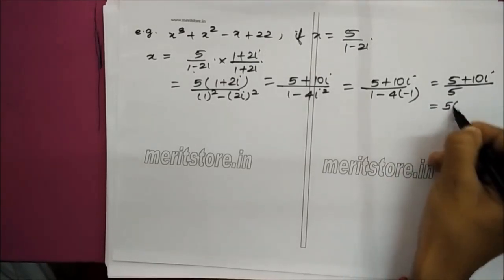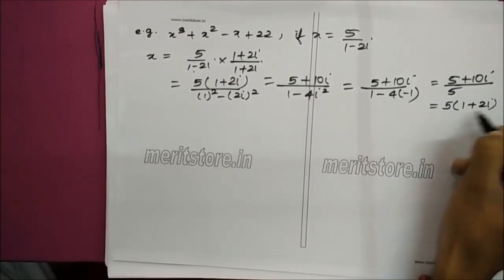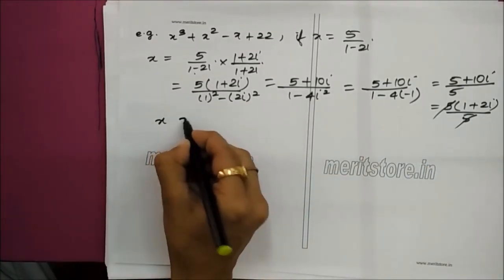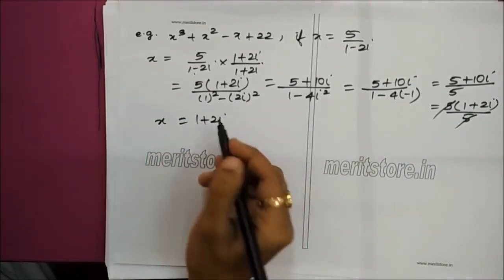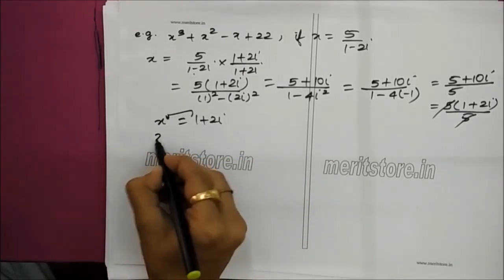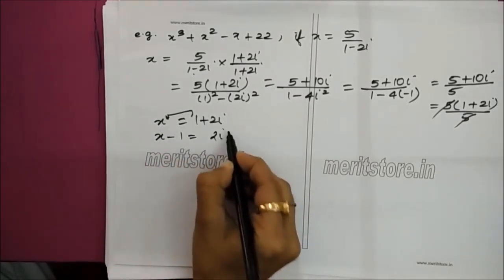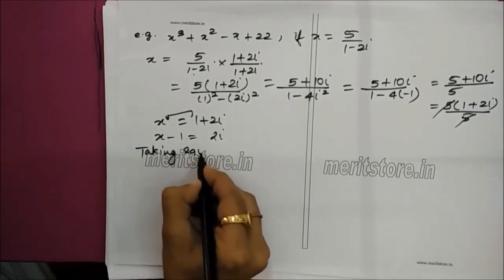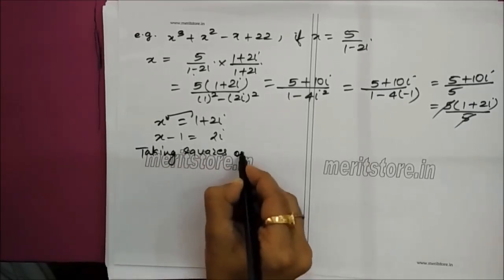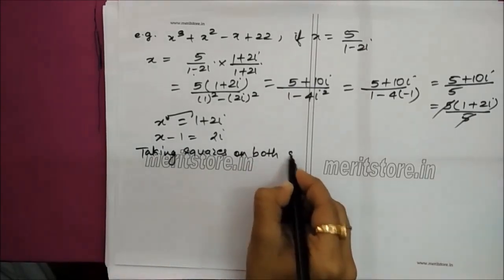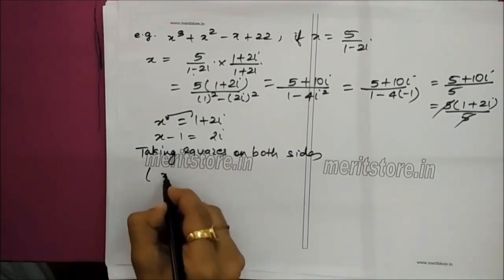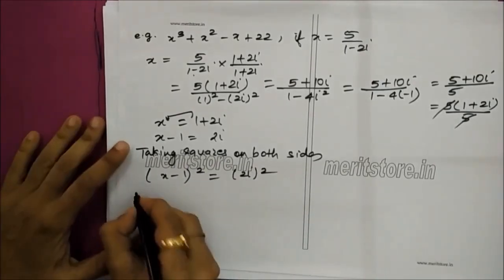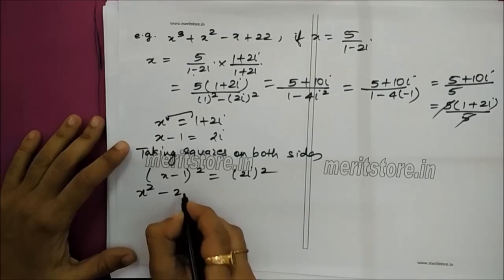Here you can take 5 common. So this gets cancelled. x is equal to 1 plus 2i. You will get this one here. x minus 1 is equal to 2i. Taking squares on both sides, you get x minus 1 the whole square equals 2i the whole square. So the answer is x square minus 2x